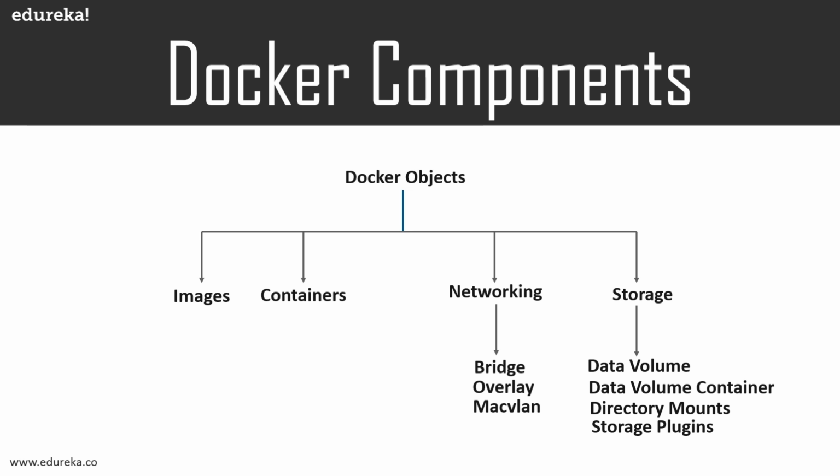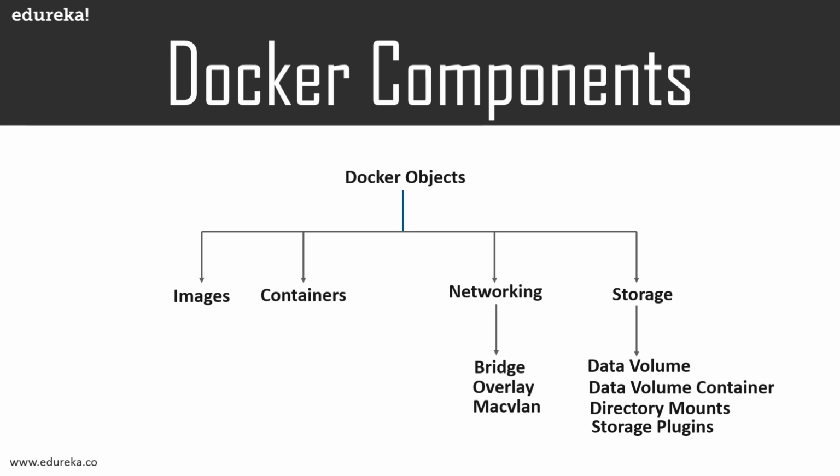So the third object that we are going to talk about is the networks, or the networking part. Docker networking is a passage through which all the isolated containers communicate. The following are a few types of network drivers in Docker. The first one is the bridge. It is the default network driver for a container. You use this network when your application is running on standalone containers, that is, multiple containers communicating with the same